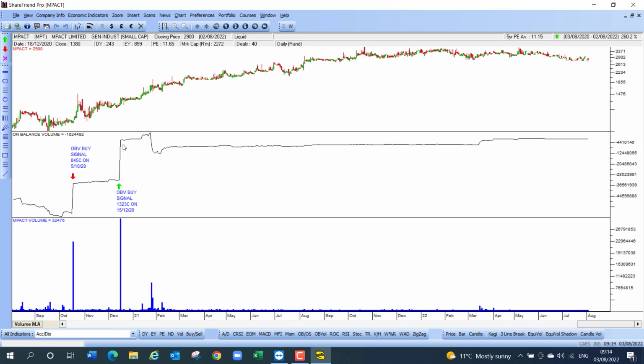So you can see the benefit of following on-balance volume on your system and looking for on-balance volume buy signals, because OBV shows you insider trading. So obviously somebody knew what was going on. You can see these huge spikes in volume that occurred in October and again in December. That is the smart money mopping up shares in the market at cheap levels because they know the share is going to go up for some reason. So anyway, I draw your attention to that.